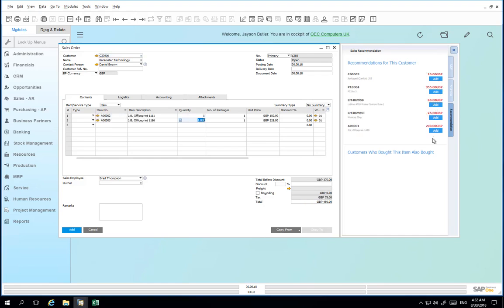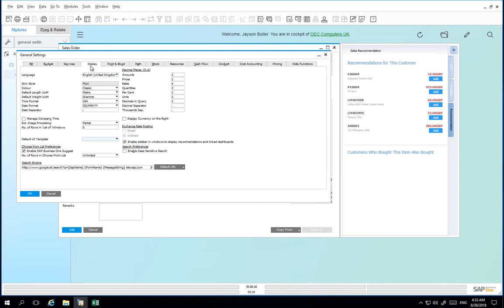To complement this, there is a section called Customers who bought this item also bought, which offers insight into what other customers have purchased with similar buying behaviors and recommends these items for your customer as well. A back-end service performs regular batch runs, capturing updated data based on customer buying habits, and this is reflected in the Recommendations tab. To utilize this feature, simply navigate to the General Settings window